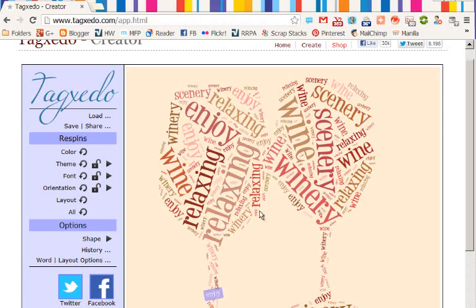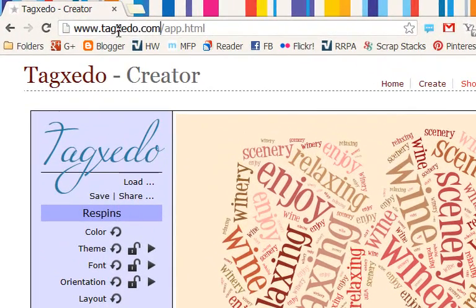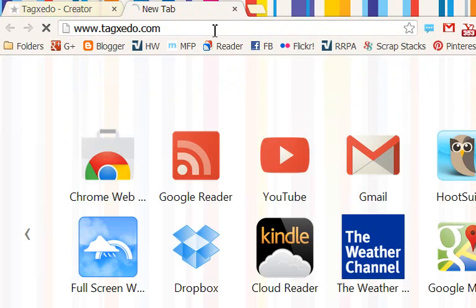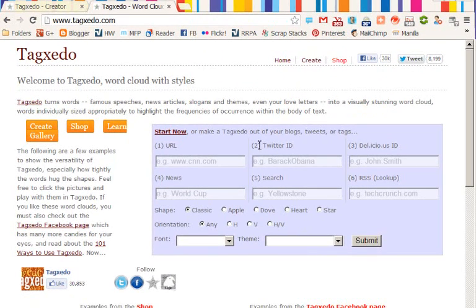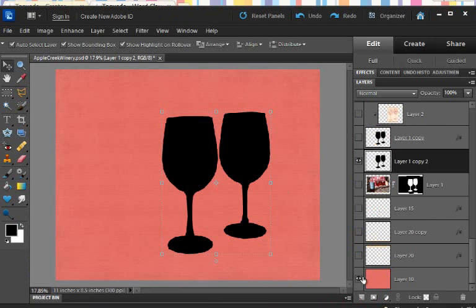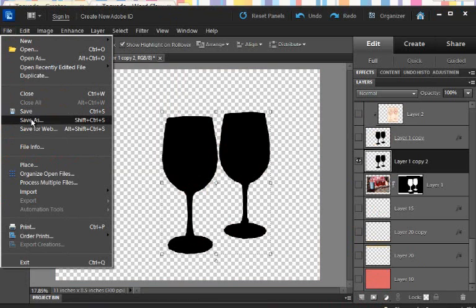And so here is the fun website, and it is called Taxzido, I believe. I'm going to copy it and put it in a new one here so you can kind of see it. It comes up and it looks like this. Now you could start with things over here. Oh wait, I forgot a step. Once you get to this, no background, black and white. Do a file, save as, and save it as a JPEG or